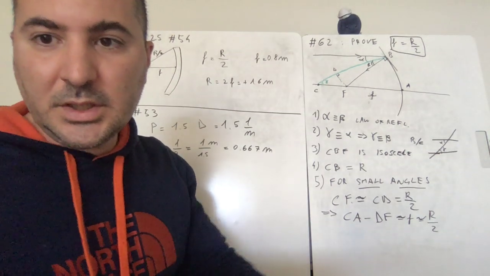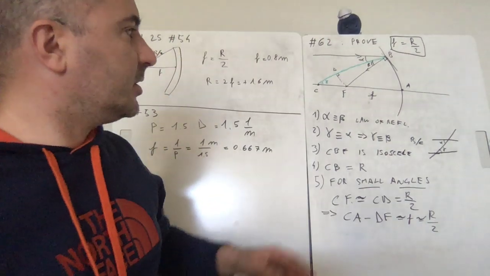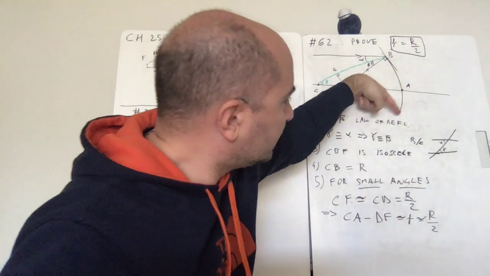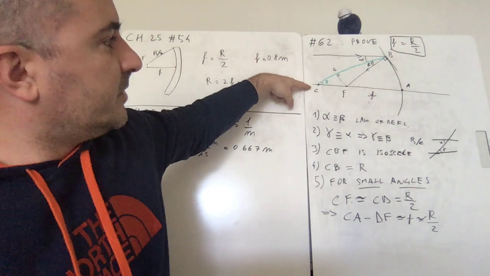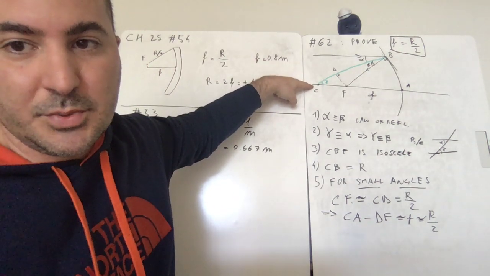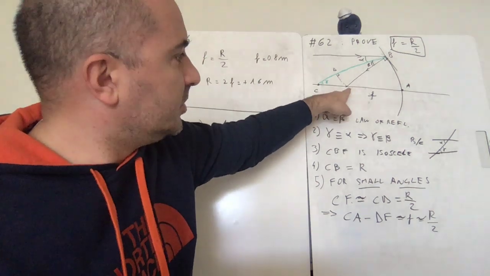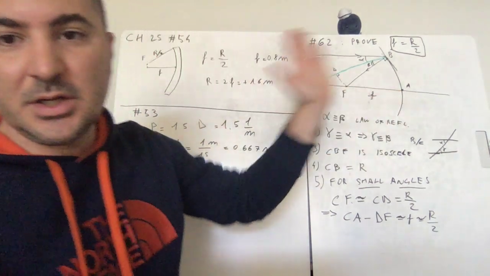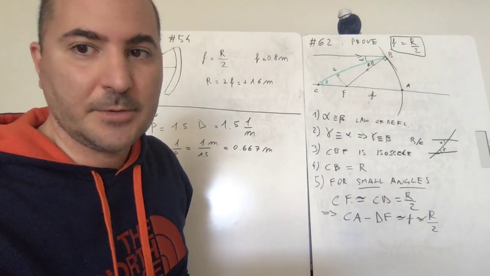I hope you can read the Greek letters that I wrote over there, but I'm going to go over this with you. So here's your spherical mirror, and here's your focal point, and the radius of the mirror is up here, is point C. So the focal length, again, is the distance between the focal point and the point A, which is the point of contact of the mirror. Okay. So